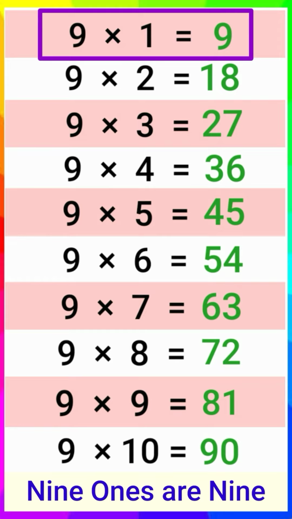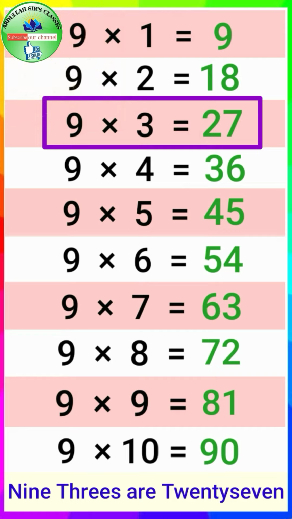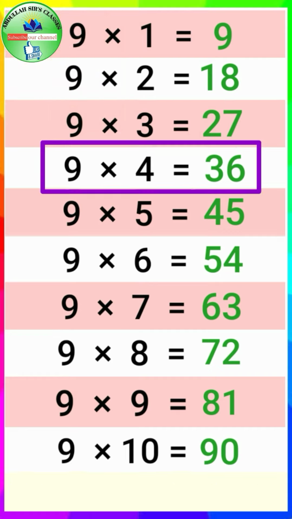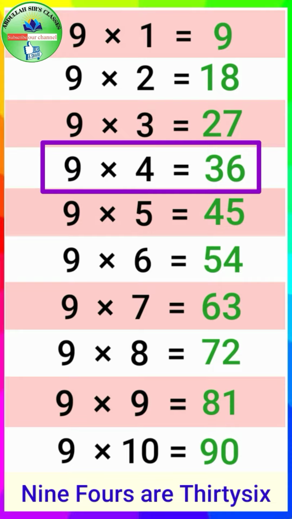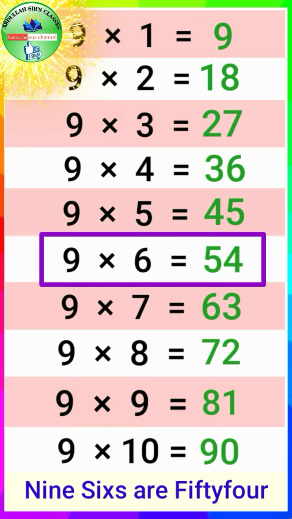9 ones are 9, 9 twos are 18, 9 threes are 27, 9 fours are 36, 9 fives are 45, 9 sixes are 54,